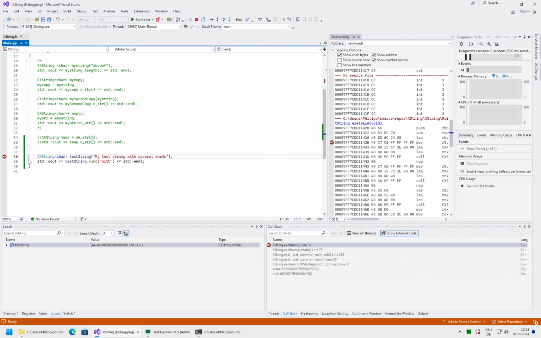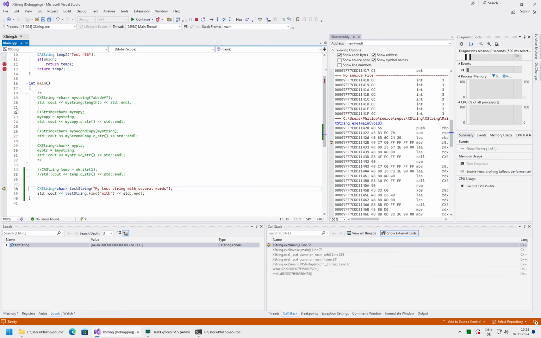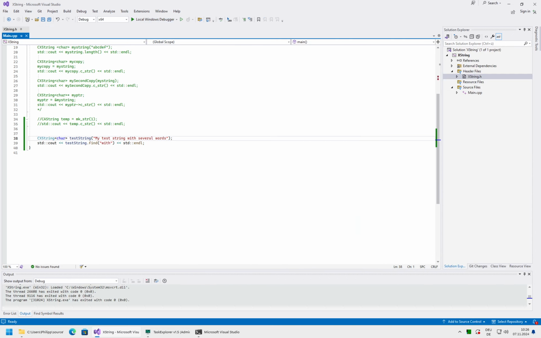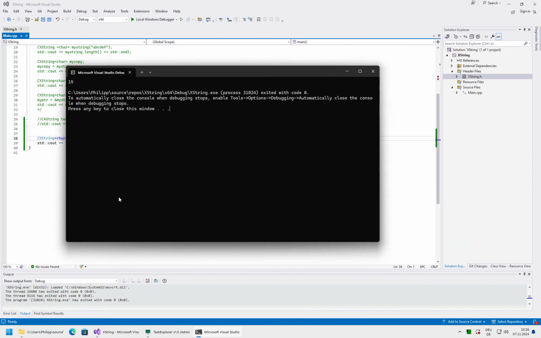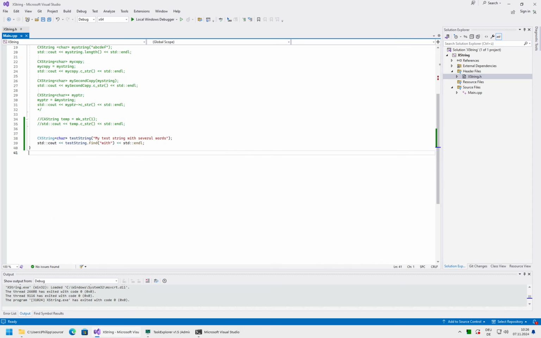Okay. Can remove the breakpoint and make it run. It will turn 15. Sounds plausible. It probably is.